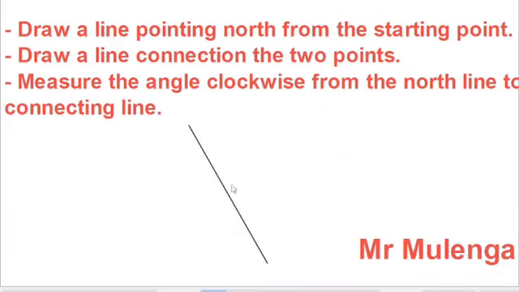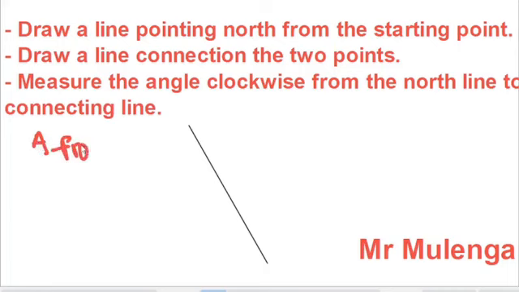So first, you need to draw a line pointing north from the starting point. You also draw a line connecting the 2 points, then measure the angle clockwise from the north line to the connecting line. So let's say they ask you to find the bearing of A